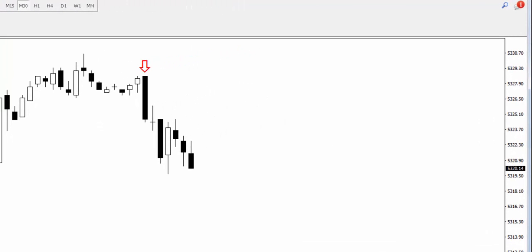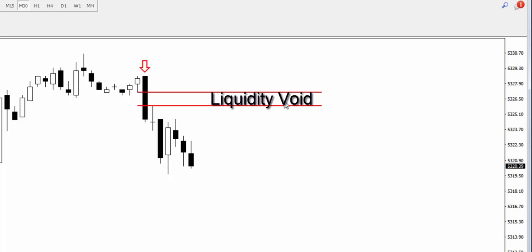You get a powerful move, and I'm going to mark that. So you get a little candle beforehand, then you get a powerful move to the downside, and it creates a liquidity void just there. Now, where does that liquidity void end? Well, when the market comes back up and it retests into that area, that's exactly where your liquidity void forms. So that's your liquidity void,